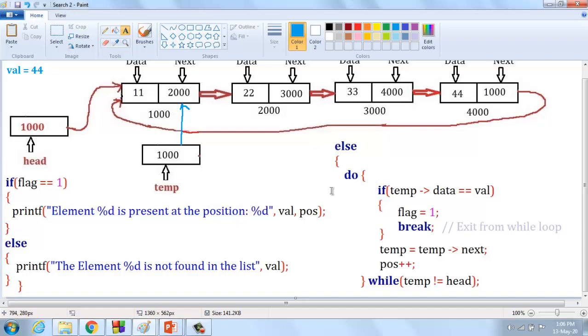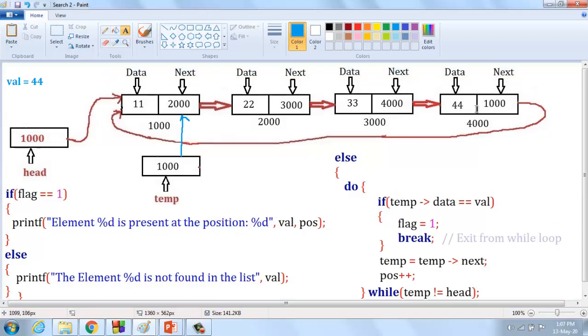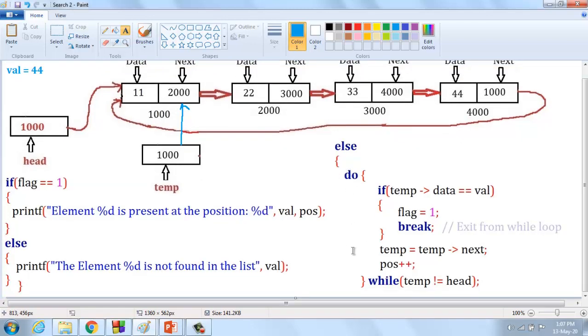And the second condition is the else part. Using a do while loop statement. Before, in insertion for the singly linked list and doubly linked list, we were initially using a while loop statement. Here you are using a do while statement, because in the circular singly linked list the last node points to the first node. So that is why we are using the do while loop statement.